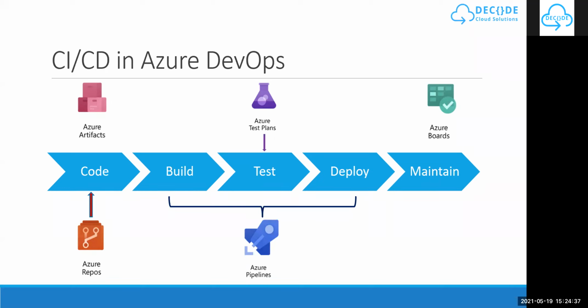Then once you have committed your code, the Azure Repos can raise a trigger to start the build process and invoke the Azure Pipelines. So Azure Pipelines is going to take care of your deployment process, right from build to deployment. It is going to ensure that the automated tests get executed and